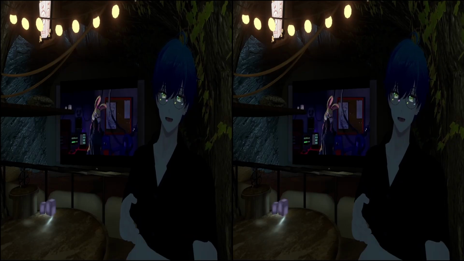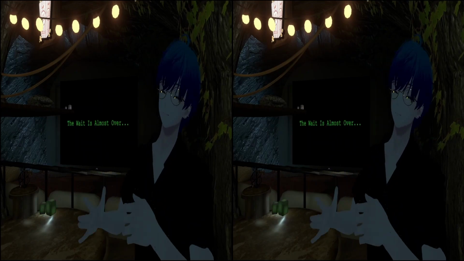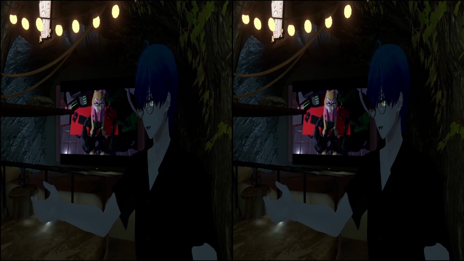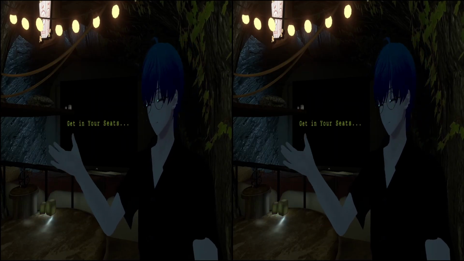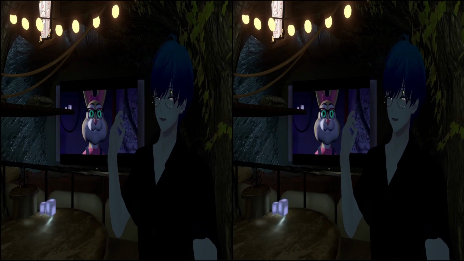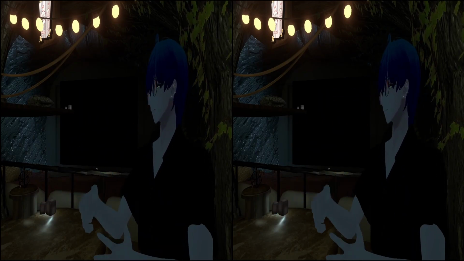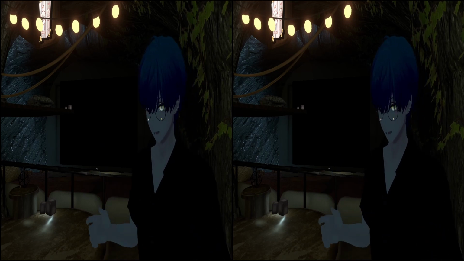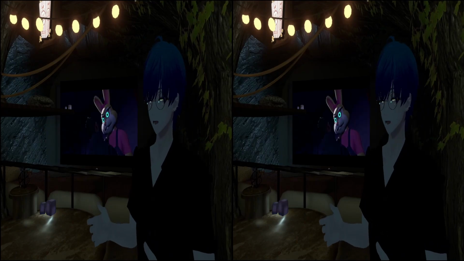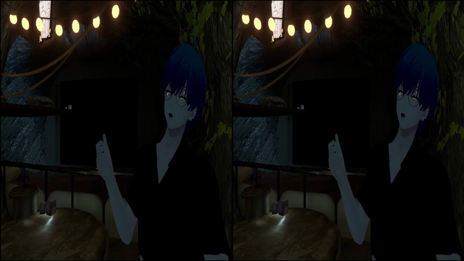Now, as far as the actual breakdown for how the VR filmmaking process was, I've already made a video on this. I'm pretty sure that wherever this is shown, the VR breakdown is probably already there, but I'll just really quickly summarize it. It went into using a lot of the VRChat tools. That flying feature, and especially the dolly feature, were really a lifesaver. Again, when I was recording that FNAF 2 project,